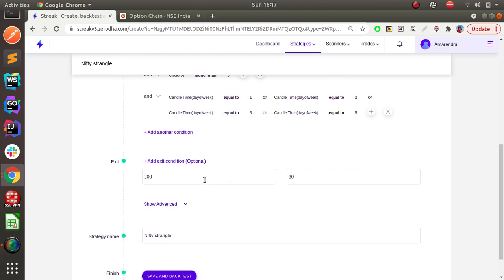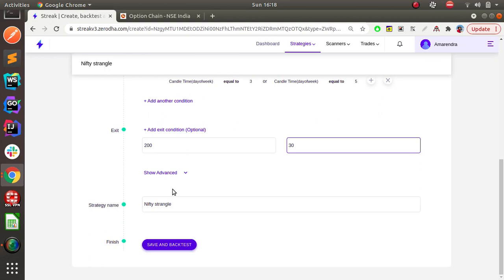So here we need to give a huge stop loss, because due to gap downs we might see that premiums become very huge, but it slowly cools down when the market settles, or when the market moves back from the gap down or something like that. So if it doesn't come to that 200, we need to give much space to it. Okay, 200, and whenever we hit 30% target, let's exit from that, and this is for adjustments. Whenever it hits 30% profit, let's exit and enter a new contract from the current offset, whether it's a CE or PE. Okay, Nifty Strangle I named it.